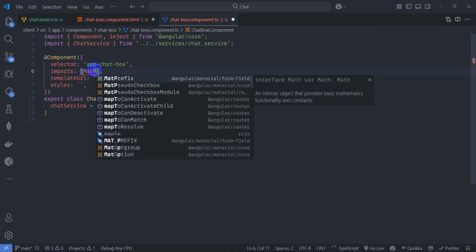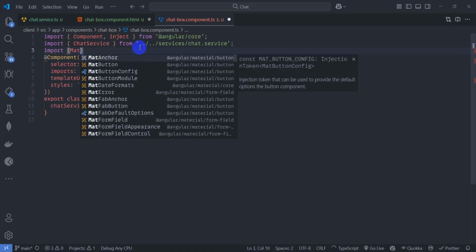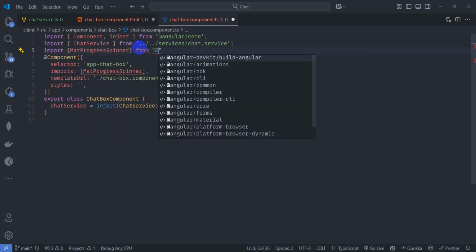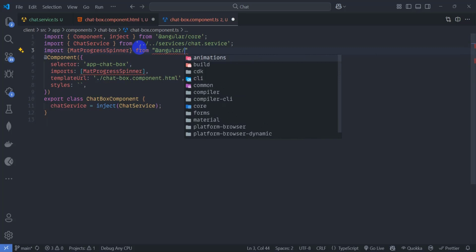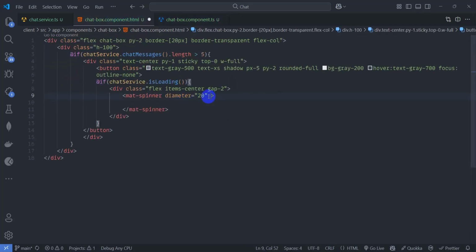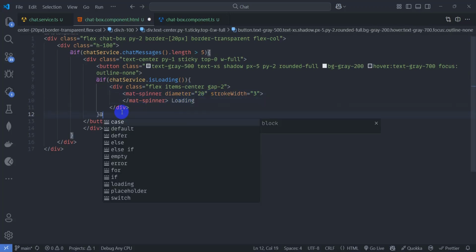Let's import MatProgressSpinner from angular/material/progress-spinner. Let's add here stroke width 3 and let's say here let's add loading, otherwise else